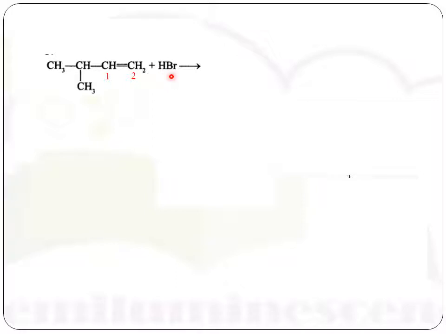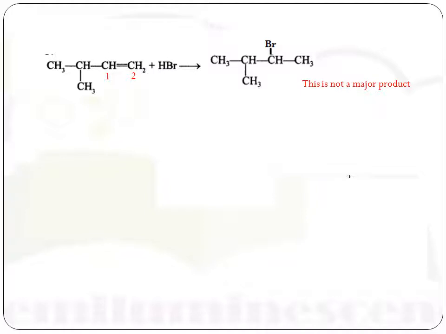According to Markovnikov's rule, if the negative part is attached to the carbon carrying fewer hydrogen atoms, that will be obtained as the major product. Here, carbon number 1 is carrying only one hydrogen, and carbon number 2 is carrying two hydrogen atoms. If the bromine atom is attached to carbon number 1, that product would be the major product. That means this product is obtained when bromine bonds with carbon number 1, which carries only one hydrogen atom, and hydrogen from the reagent bonds with carbon number 2, which carries two hydrogen atoms. But this is not the major product. Why is this not the major product?